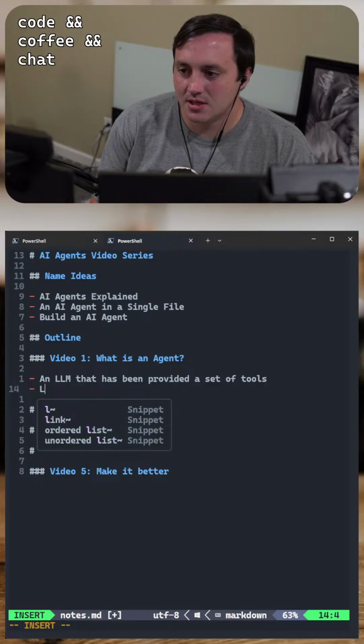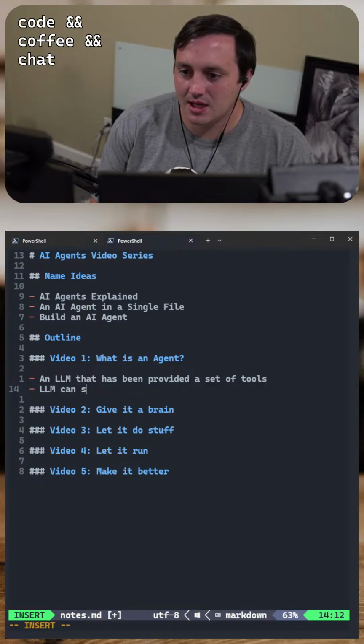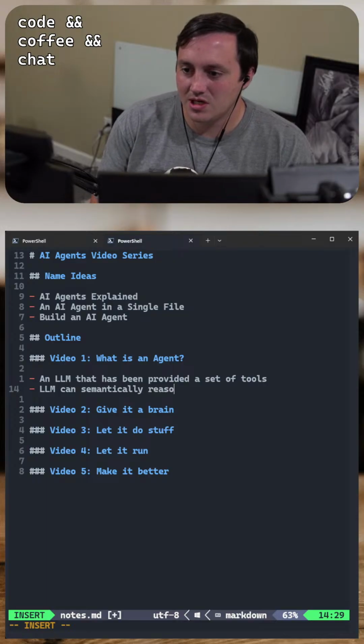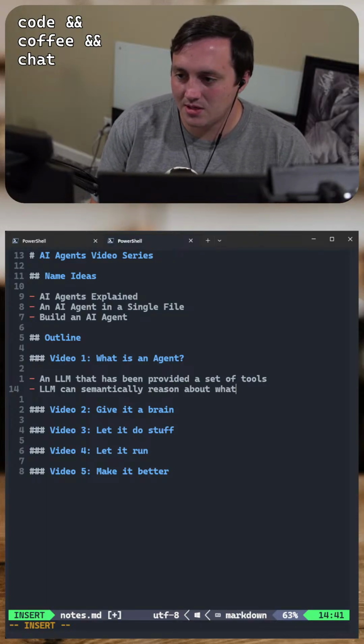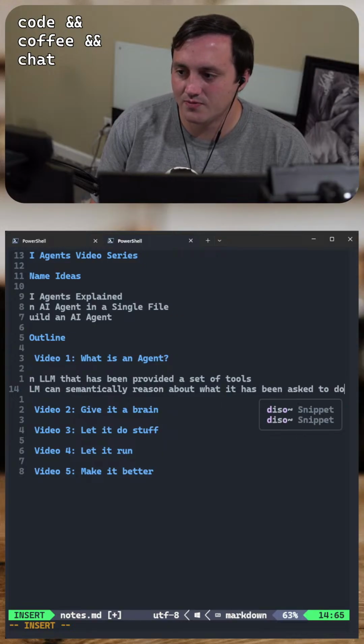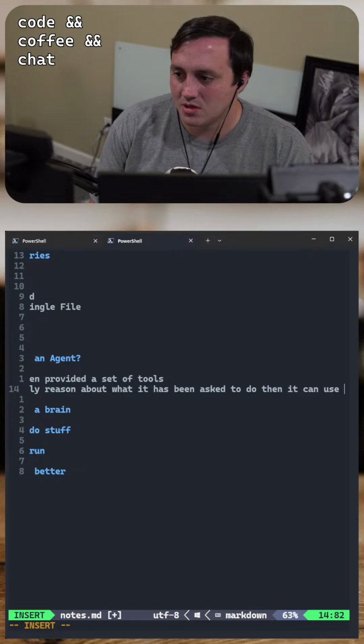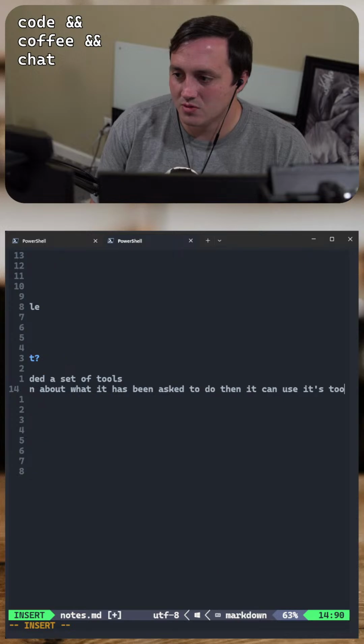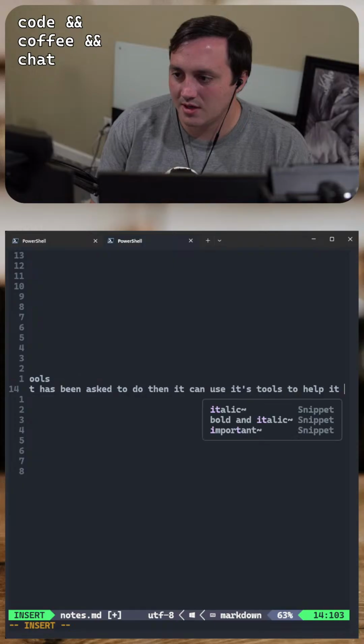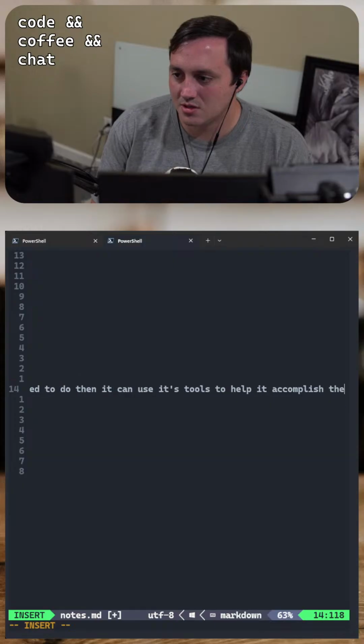Let's see. The LLM can semantically reason about what it has been asked to do. Then it uses its tools to help it accomplish the request.